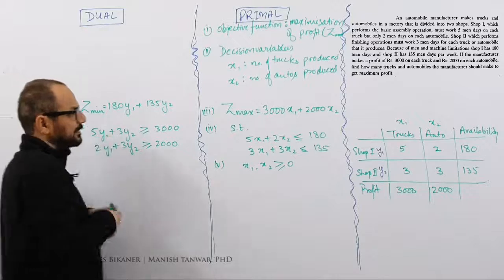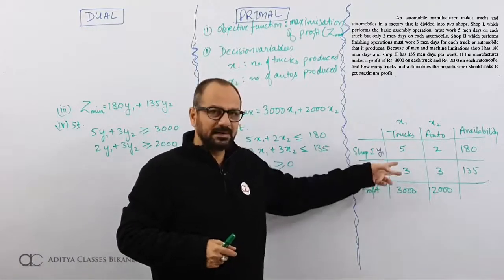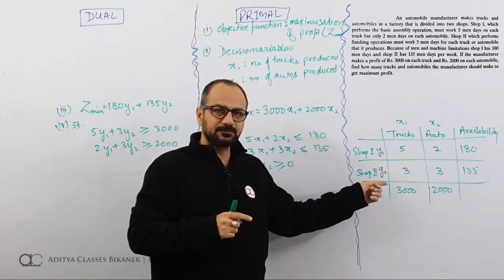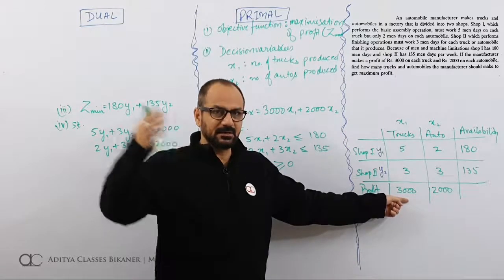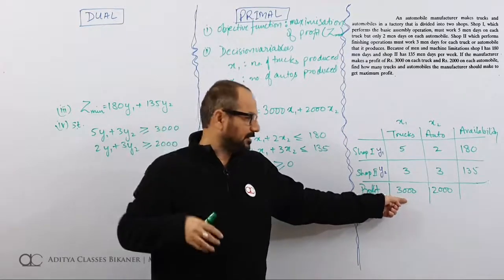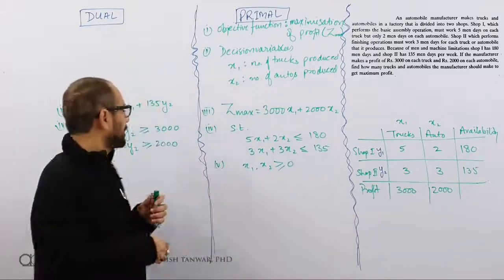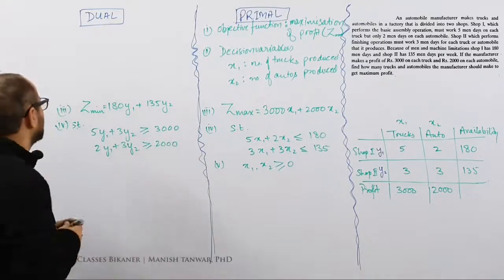So this is one truck from shop 1, one truck from shop 2. Completely one truck has been produced at this cost, 5y1 plus 3y2. And whatever I am getting as this investment opportunity, the other one is investing and I am getting a revenue. Whatever I am getting should be more than 3000. If that is the case, I am accepting this opportunity, otherwise I am not accepting this opportunity.